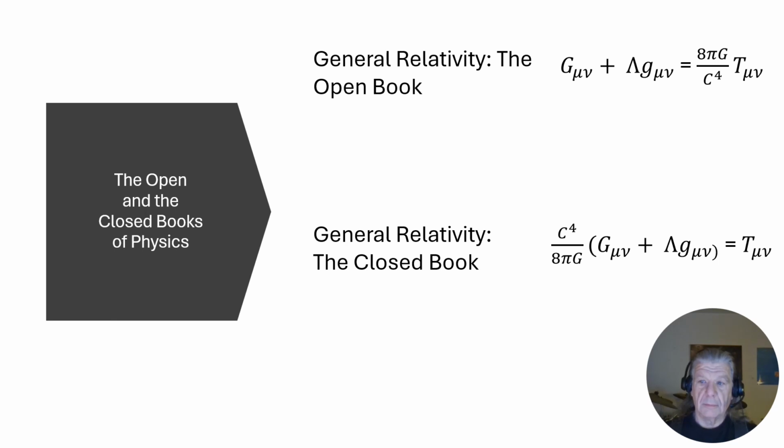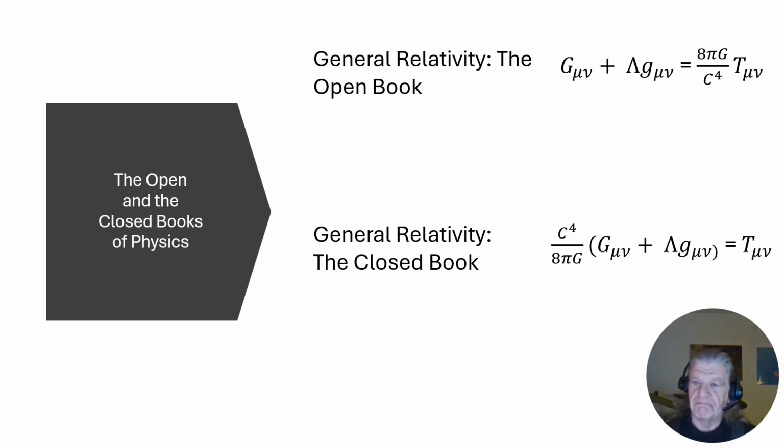The open book formulated the field theories, the Einstein field equations, as in the public formulation of general relativity, gravity is small. It is on the right side of the equation. It is given by that term 8 pi G over c to the fourth. That G is the Newtonian gravitational constant. It's an extremely small number.